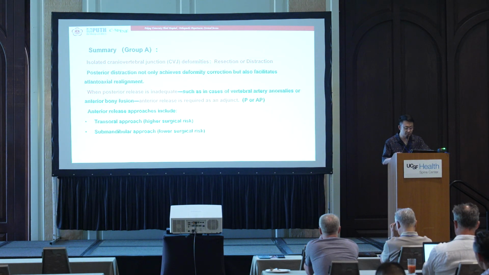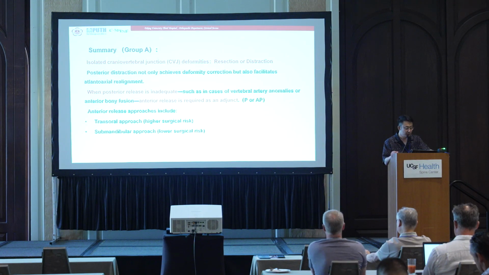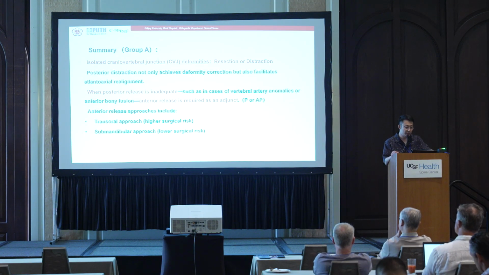So in summary of group A, the isolated craniovertebral junction deformity, we can choose both resection and distraction methods. The posterior distraction not only achieves deformity correction, but also facilitates atlantoaxial realignment. When the posterior release is inadequate, such as in cases of vertebral artery anomalies or anterior bony fusion, of course, at this time anterior release is required